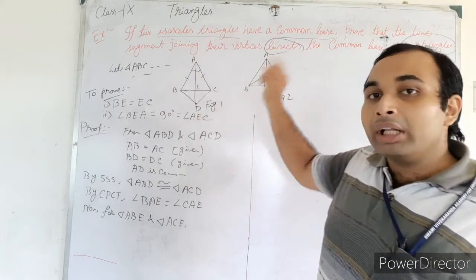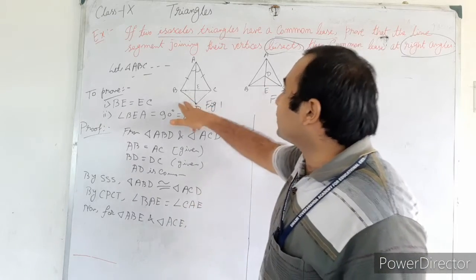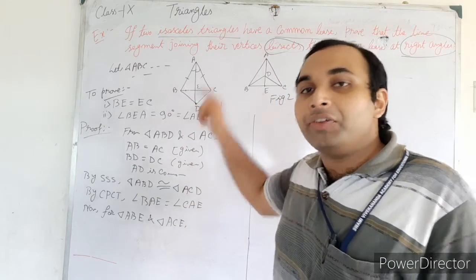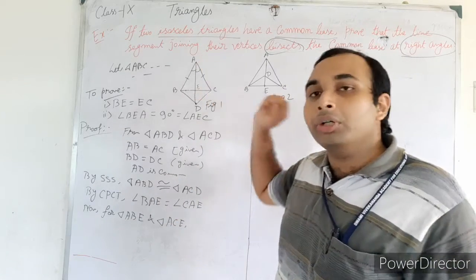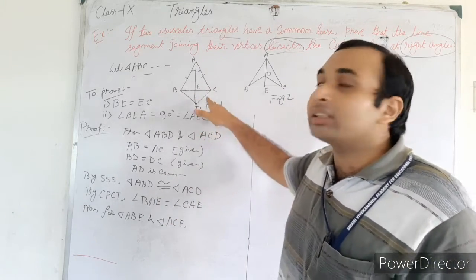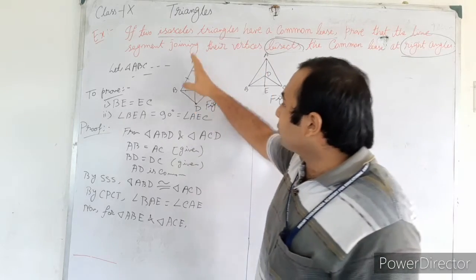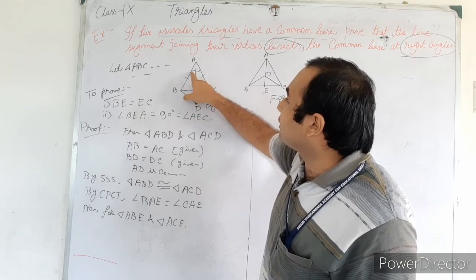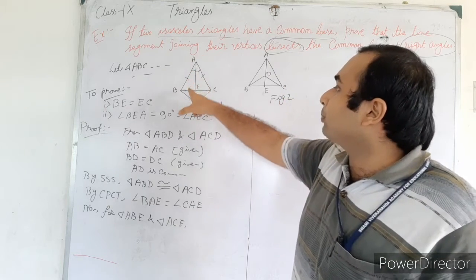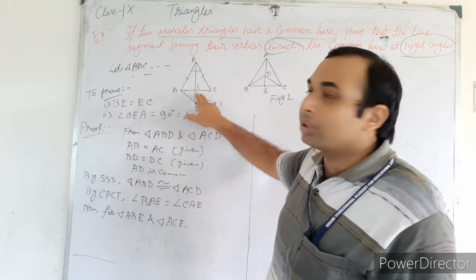But here one thing you have to keep in mind: you have to use the triangle BCD because it is given there. If it was not given, you could directly prove them, no problem. But since it is given, you have to use that one. That's why we have to take this at first. Then we have got this result, that this equals this. Then we will prove from triangles ABE and ACE that this equals this.